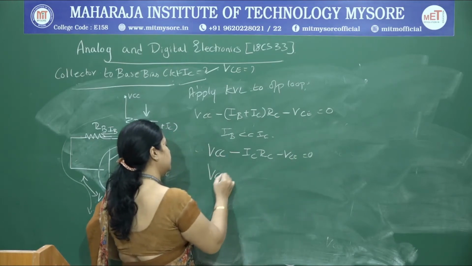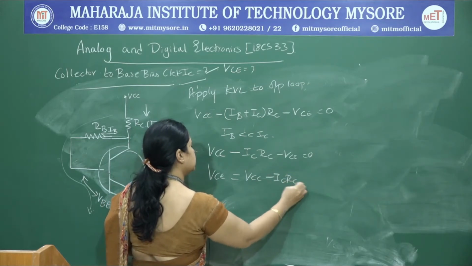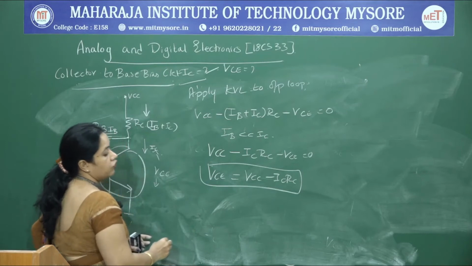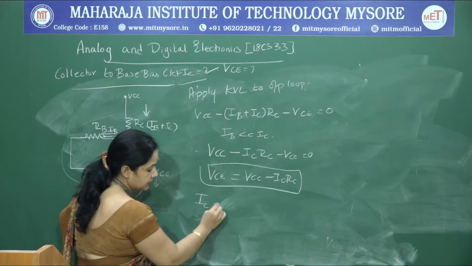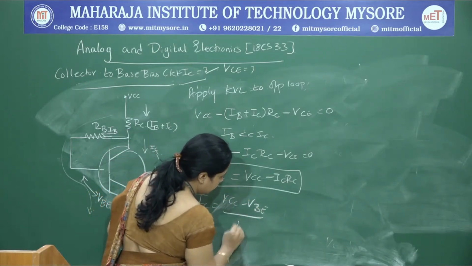You want the expression for VCE. VCE is going to be VCC minus IC RC. So this way we have determined an expression for IC and an expression for VCE. So IC is (VCC minus VBE) divided by